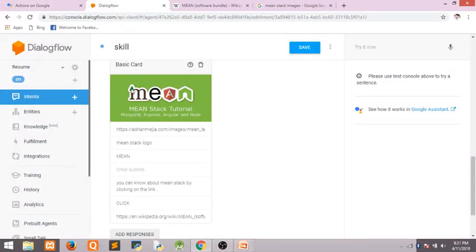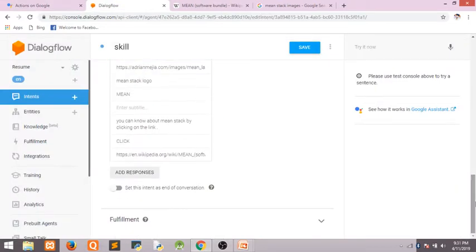Now let us add some suggestion chips. Now what are suggestion chips? Guys, how will the user know that he can still have the conversation with your agent? By asking just one question, like if you say how do you do, it will generate a response like I'm fine. Now how will the user know that he can still have the conversation, and what type of questions a user can ask your agent? Guys, the option of suggestion chips is available,